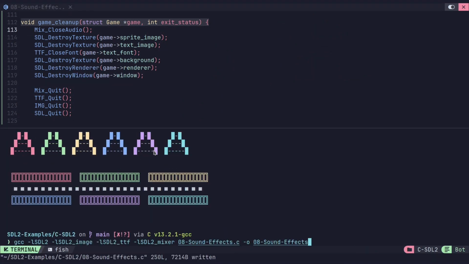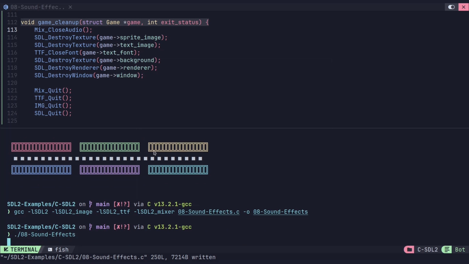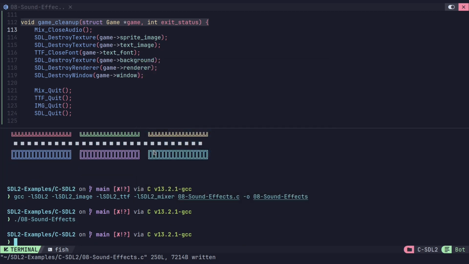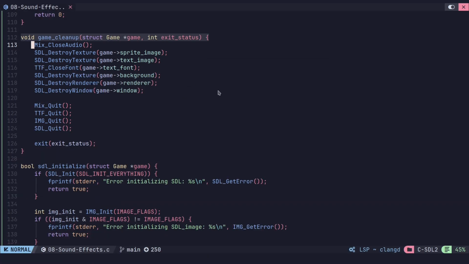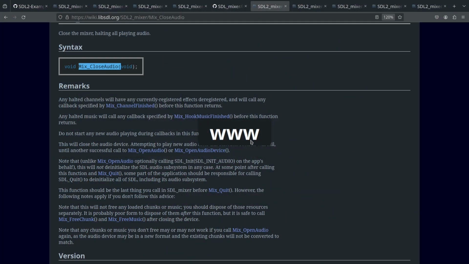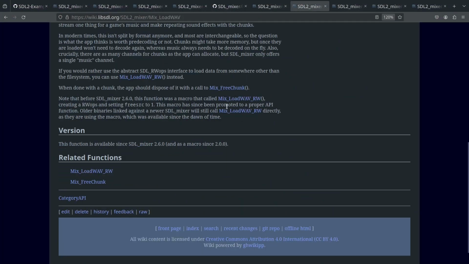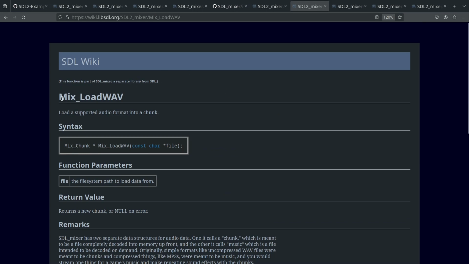So let's try compiling again. We're not going to have any sounds happen, but just make sure it all works. Okay, so let's load a sound. Since we're going to be loading 2 sound effects, I'm just going to run them one after the other because they're going to be the exact same. The function to load a sound is actually Mix_LoadWAV. Even though we're not actually loading a wave file, this is what this function is called. We're actually going to be loading an OGG file, but it's called Mix_LoadWAV, and it's returning